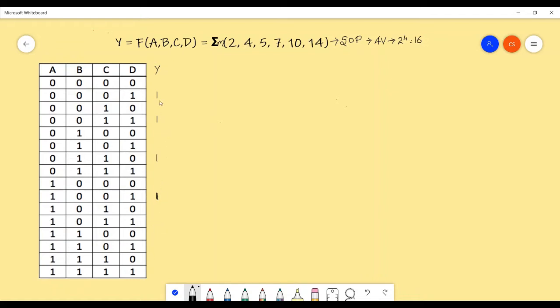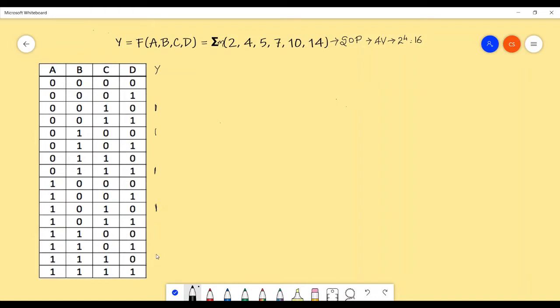So let's check. Oh, no. This is not the thing what it is given here. So let me plot it down again here. So it's 2, 4, 5, 6, 7, 8, 9, 10, 11, 12, 13, 14, 15.